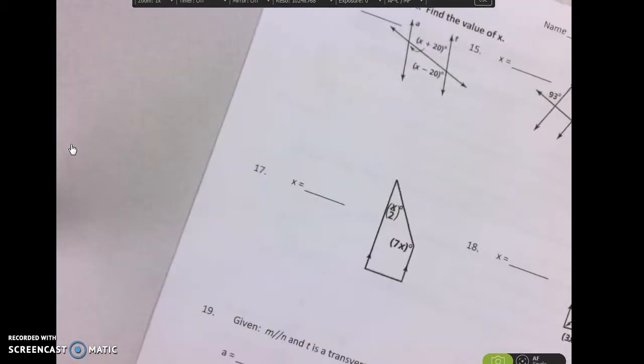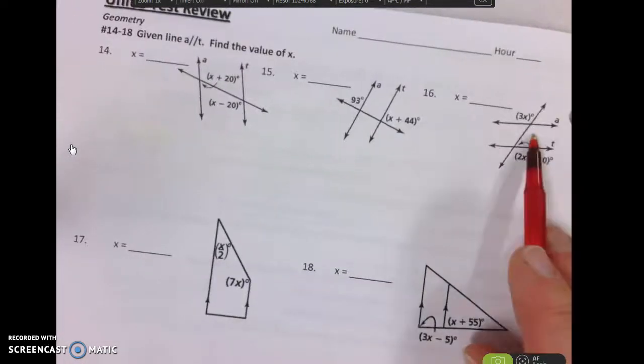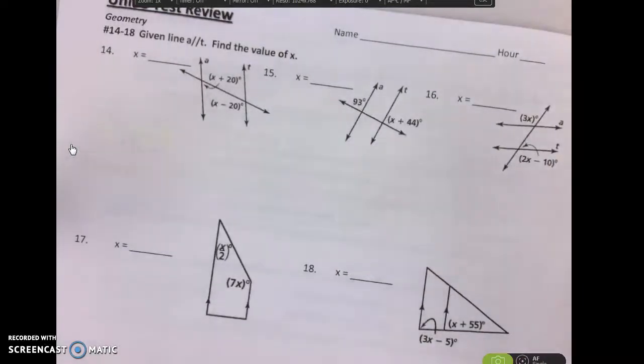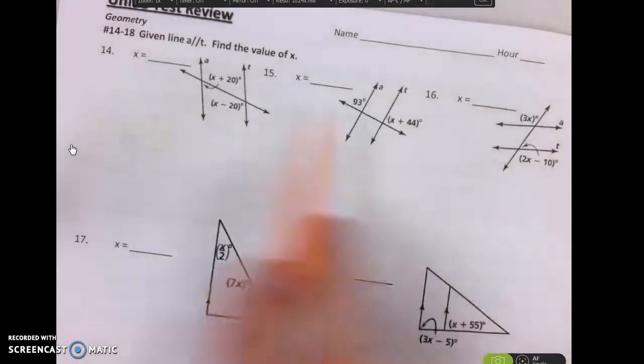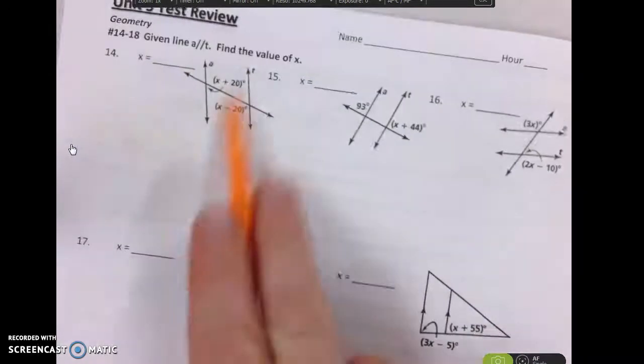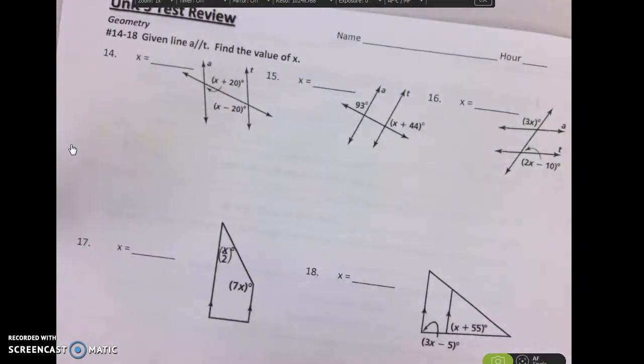All right. I'm going to go ahead and do one of these up here. I think I'm going to go over to number 16. Sometimes you've got to move these angles around a little bit to make them either same side interior, alternate interior, or corresponding. Or again, because we tell you those lines are parallel, you can always just use the trick of the